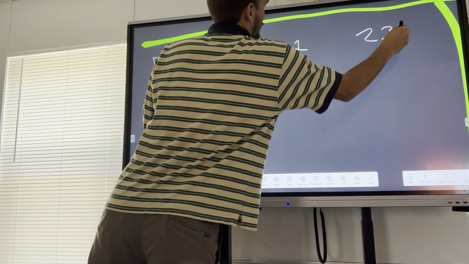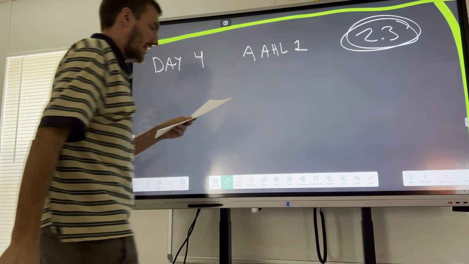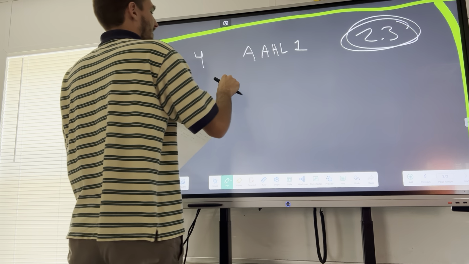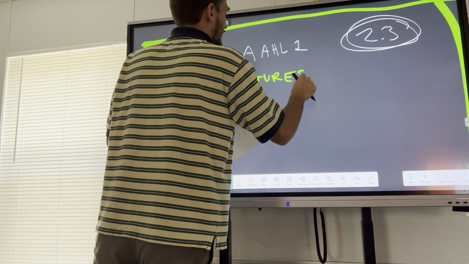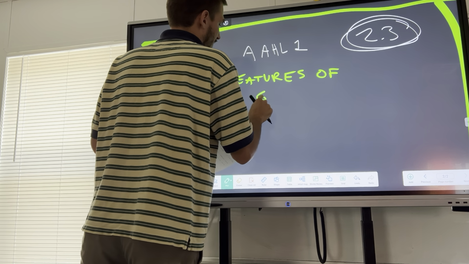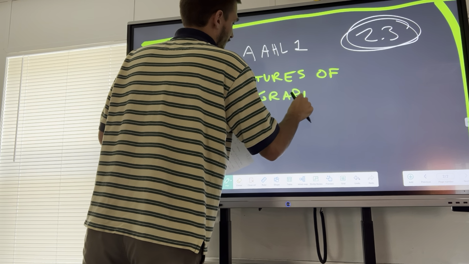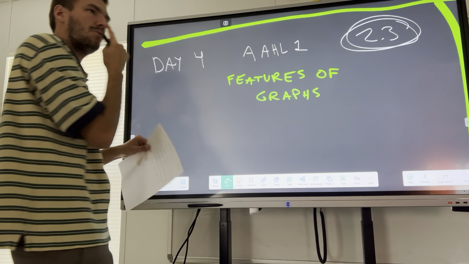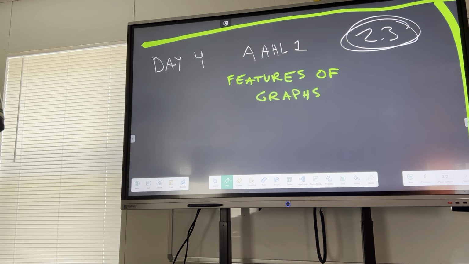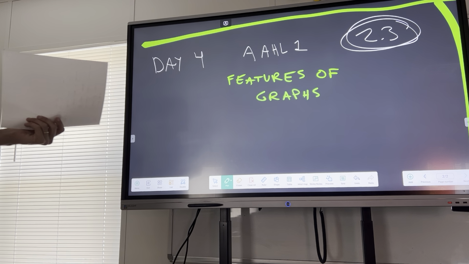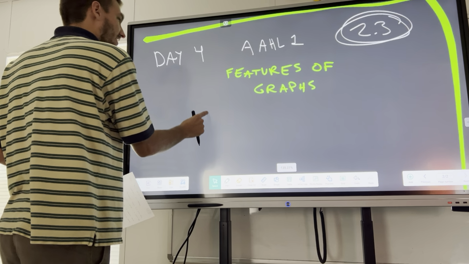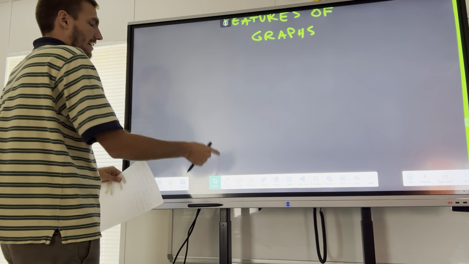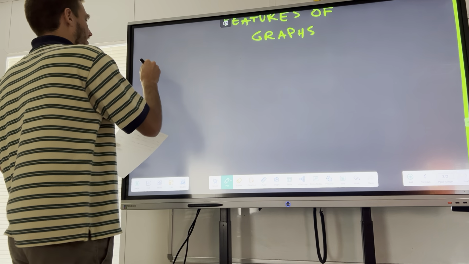We're going to be going over 2.3 on IB, which is features of graphs. And when I heard that, I was like, okay, cool, we're gonna have to go through some, but honestly, we're not. We're just gonna go through basic old features of graphs straight out of Algebra 1. Of course, you're gonna have to know how they really work and see some more complicated graphs, but we're gonna start by talking about